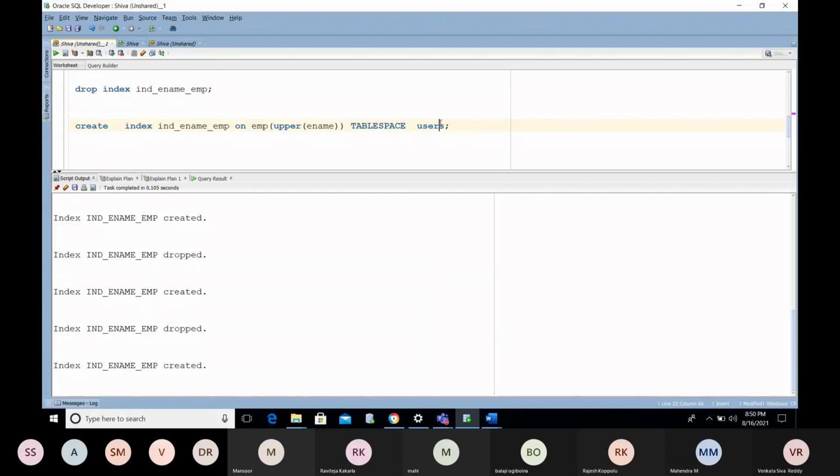If in the team you have 10 people, and all the people are using the same table space, it is hitting the process. So better you create some logical memory for your different places with a different table space name, and use that, and run queries in that. That will help you to get the performance improvement. We will discuss these performance things in later classes after completion of SQL, and PLSQL in the middle. We will observe the performance things.